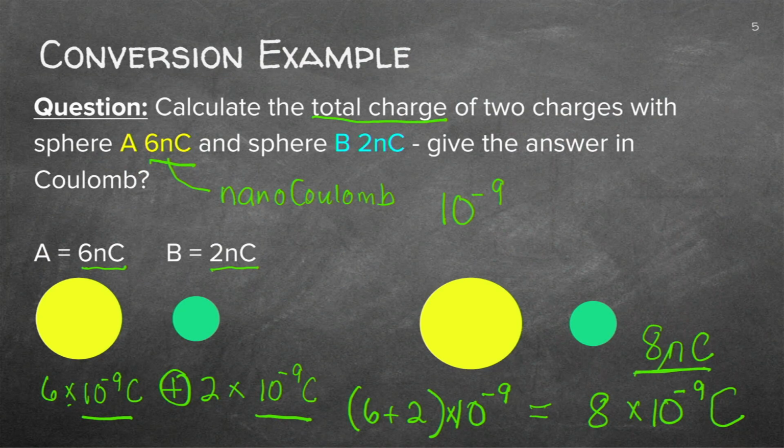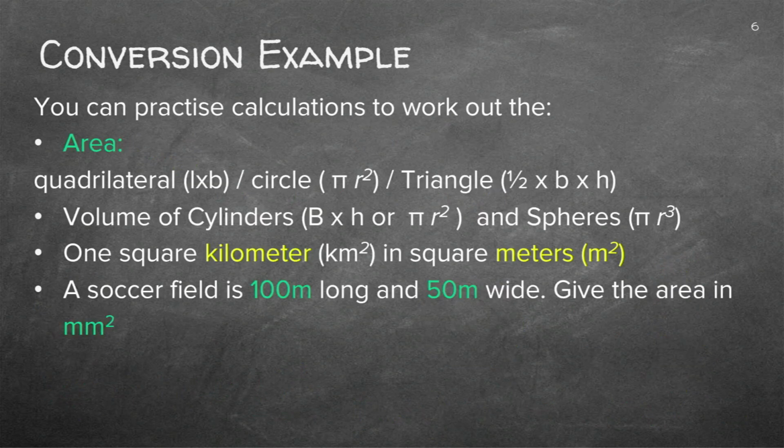So nano is that small caps, lowercase n, which means nano. Be careful, you have to know it's absolutely the lowercase, not the n like that, which is the capital, because that means a few other things in physics and a few other things in chemistry. Be careful. So let's see. If you would like to sit and play a little bit and do more conversions, you can practice these.